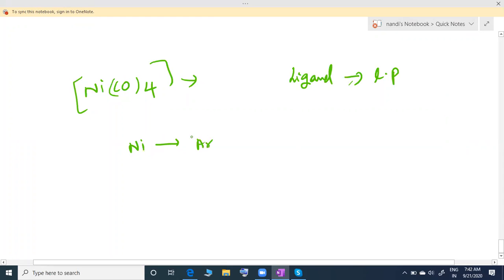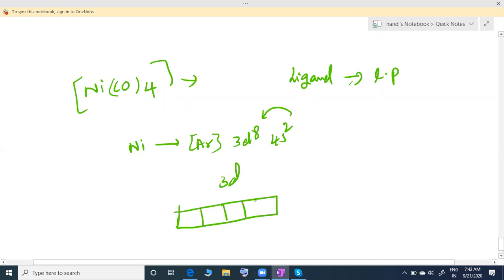For example, argon 3d8 4s2. So when CO forms a bond, this electron pair up. Why they pair up and everything we'll discuss later. Just see here. Now whenever these electrons enter here, you will get 3d10, because 3d8 becomes 3d10. So it is already 8 and 2. Then the 4s orbital is there as well as 4p. This is 4s and 4p, zero. Now here this 4s is zero.